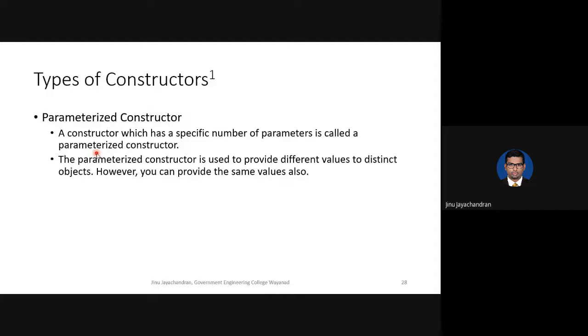Now, let's say the programmer wants to initialize by himself. In that case, the programmer needs to write something called a parameterized constructor. The parameterized constructor is used to provide different values to distinct objects, or you can provide the same values. We'll see an example.